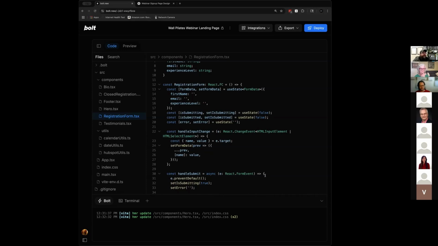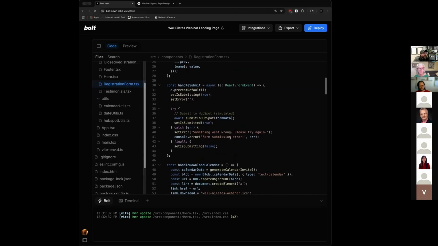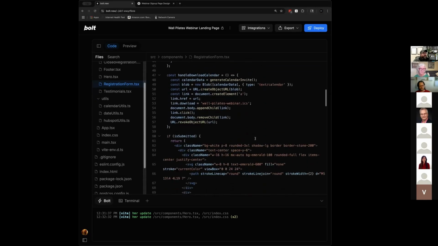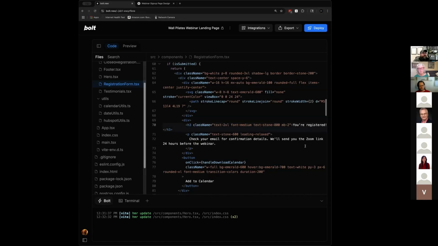And that's really nice because, since this is a component, you could build 20 pages and reuse the same component in all of those pages, which makes everything more consistent. That's really nice. And if you scroll down on the code, this is more my level. If you go down to where the text was, I just wanted to point out where it says you're registered and check your email.